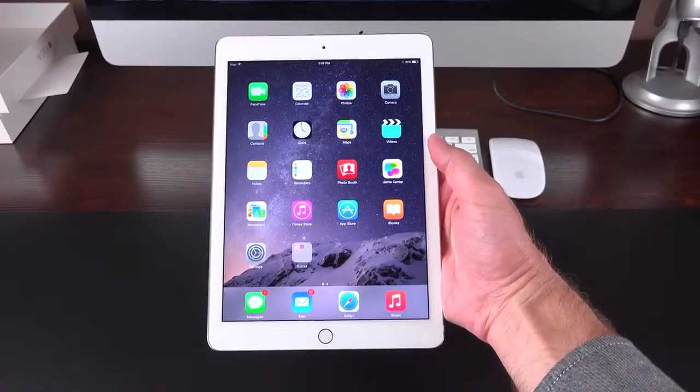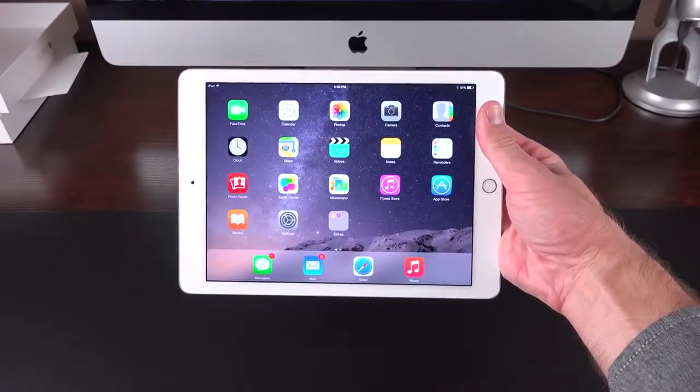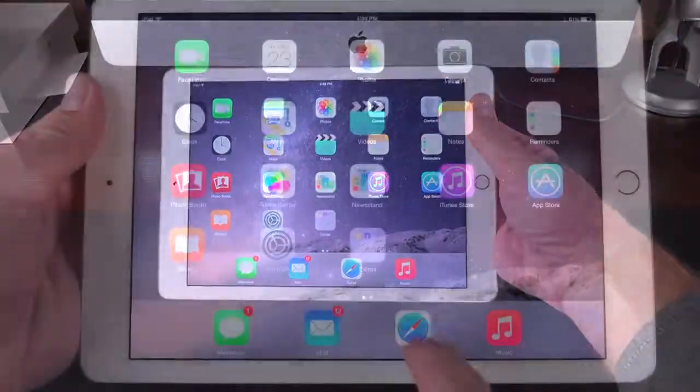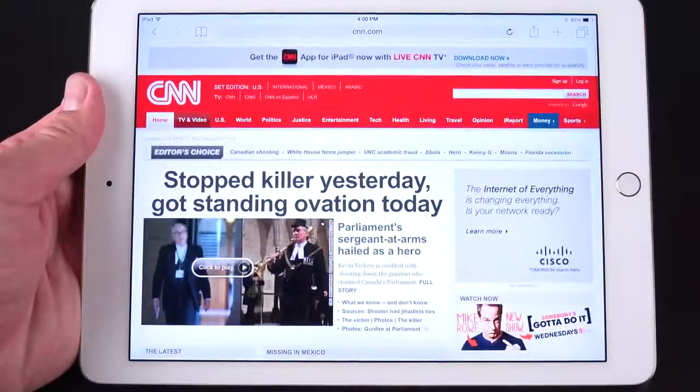Now, the other amazing thing here is that they've been able to achieve all of this while preserving battery life. So about 10 hours of battery life is what you can expect, and that's about what I'm getting while testing out this iPad. Now, ultimately, iOS doesn't really take advantage of the capabilities of this iPad yet, so it'll be interesting to see